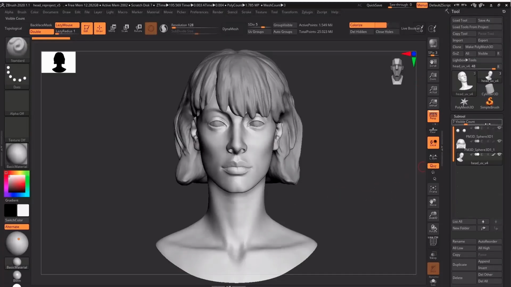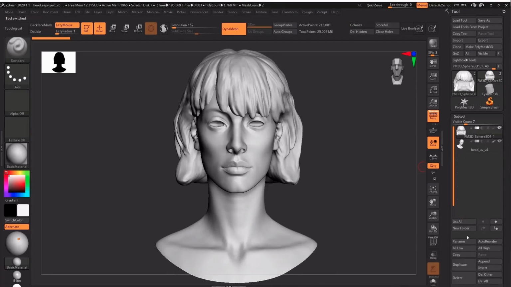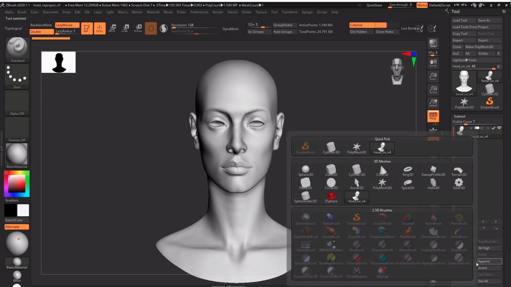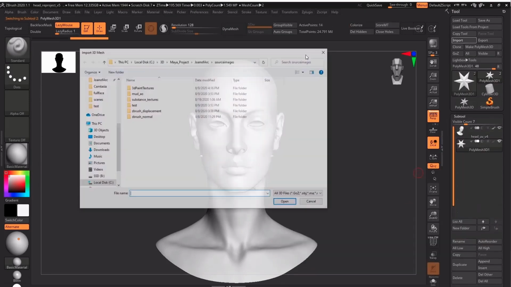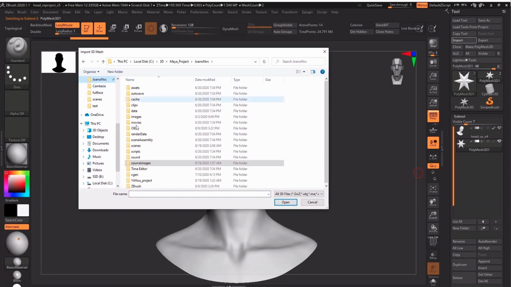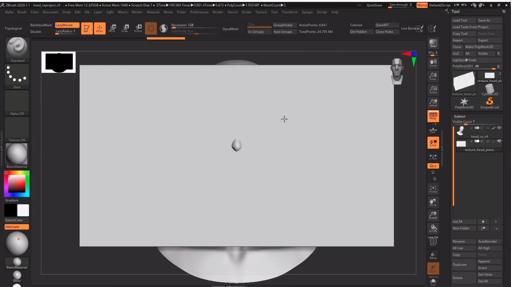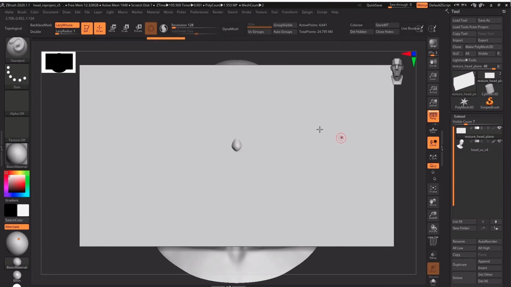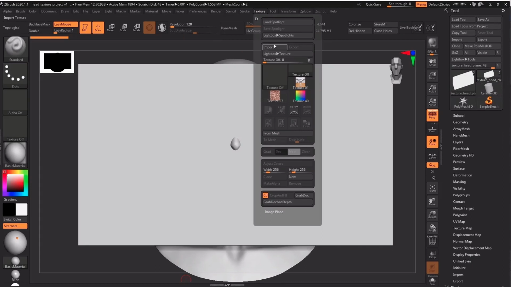And inside ZBrush, delete anything that we don't really need. And append and then import the plane that I just exported out. Okay, and make sure this plane goes on top. So this is a plane, and I'll be importing the texture, so I can kind of point one-to-one from the plane to the model. So go to texture and import texture,